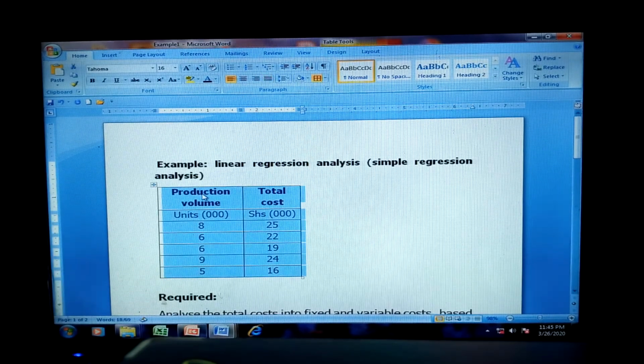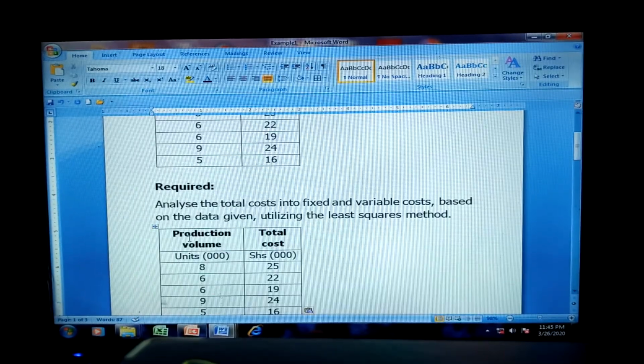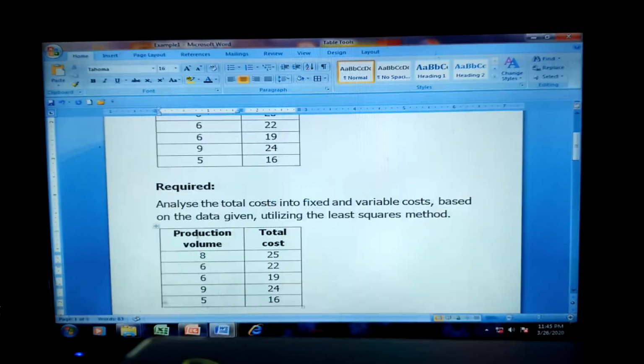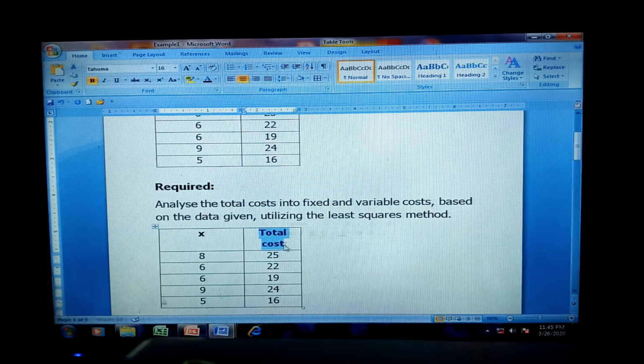Okay, let's see how we can come up with our solution. So I have this information. We have our production volume. Now production volume, that is the independent variable. So we can name this x. Now this total